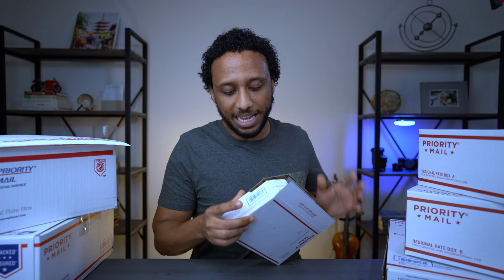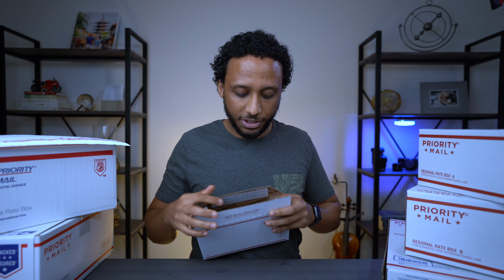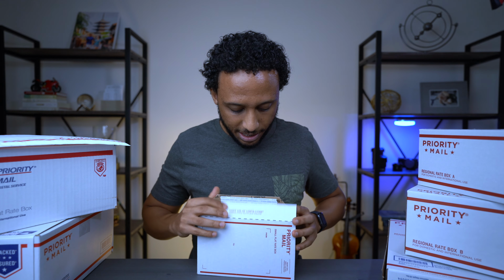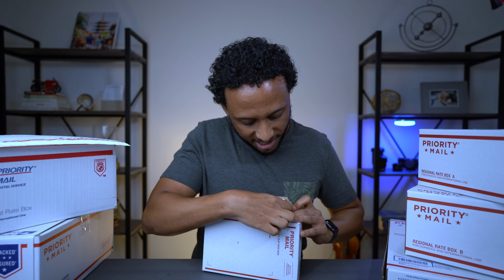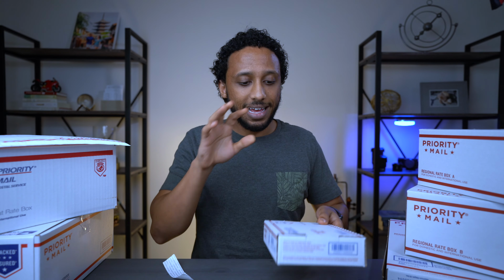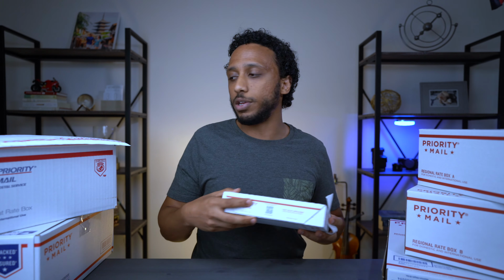And all I have to do is assemble the box and just put my package right in here, close it up, and just peel this sticker off here and seal it. I can put my package in here and it's ready to ship. So this is going to cost you $7.65. But as you can see, this is pretty small. So if your item does not fit in here, the next one you want to go for is the flat